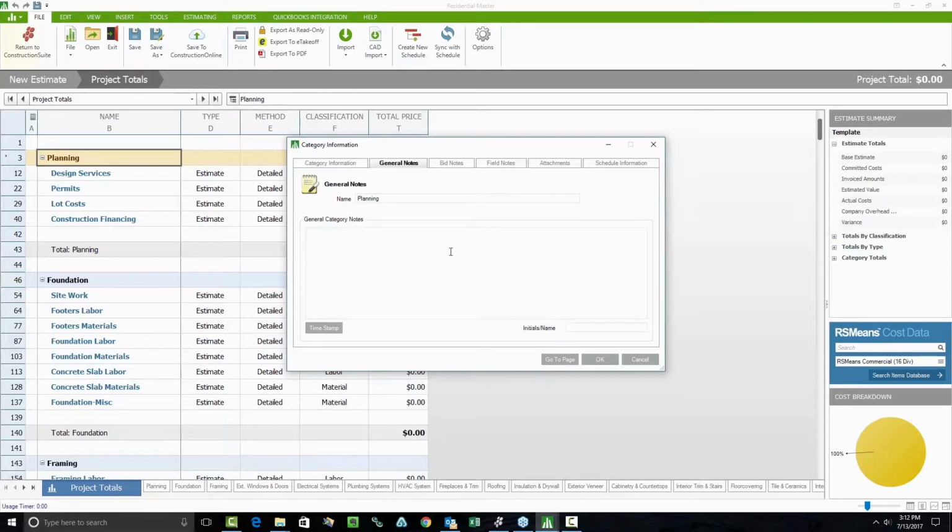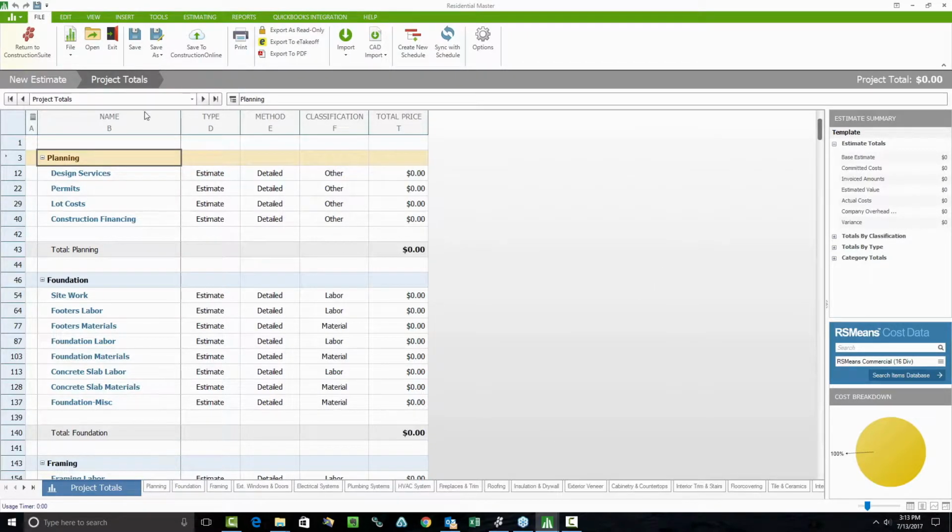So again, notes fields, these are text fields. They'll apply here. Bid notes, general notes, for me, are one that I always recommend people use as a specification set for whatever it might be that you're looking at. Bid notes would typically be notes for your subcontractors, or maybe order information or part numbers perhaps, or SKU numbers. Field notes would be the notes for the guys that are going to be using these out in the field. So if it's something that's particularly delicate or you need to include any additional details, field notes is perfect. Beyond this though,